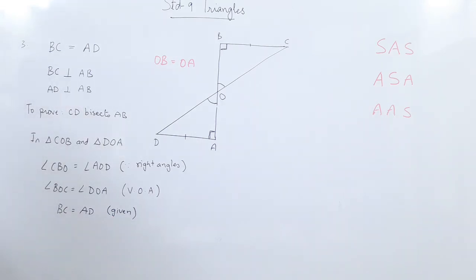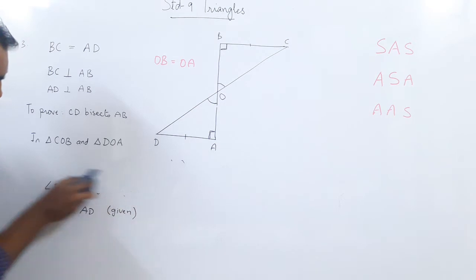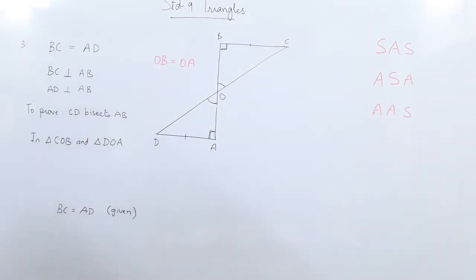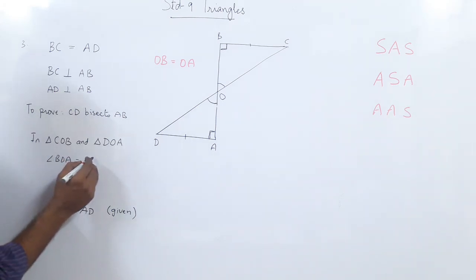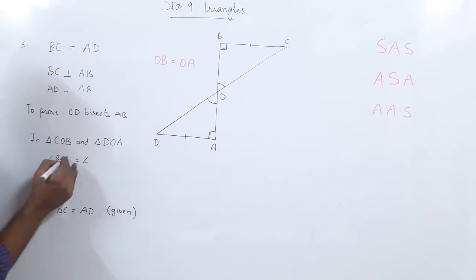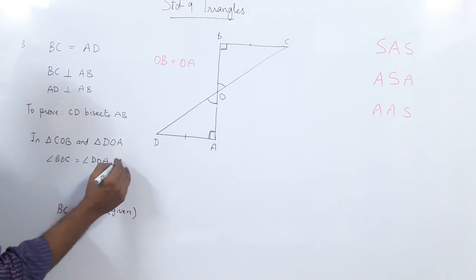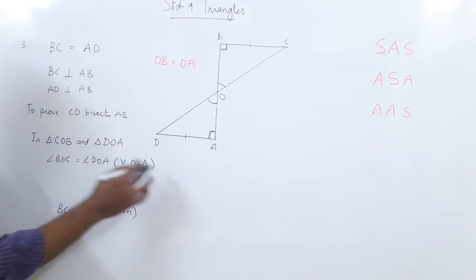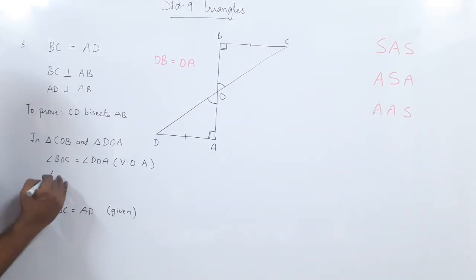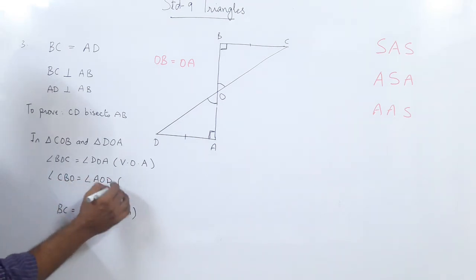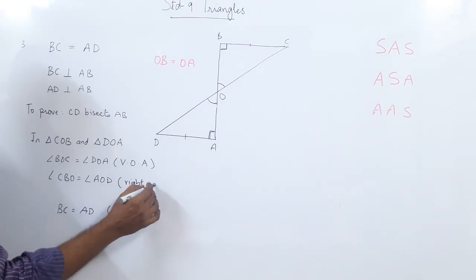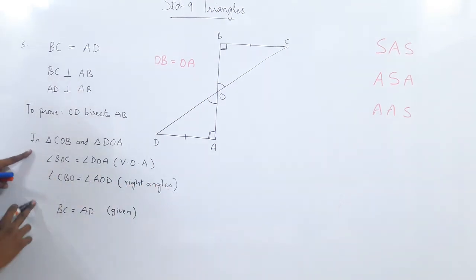So what I am given here, so look at the order. Actually I have written it wrong. I should have written it in the reverse order. Means not reverse order, I will show you why. I should have first written angle BOC equal to angle DOA, which are the vertically opposite angles, in the bracket I have to mention, and angle CBO equal to angle AOD, which are right angles. So I have written it upside down, now change. Now why have I done this?